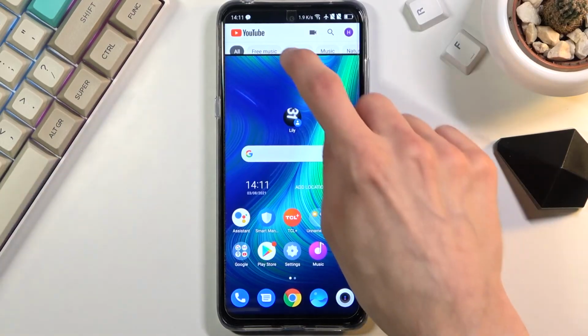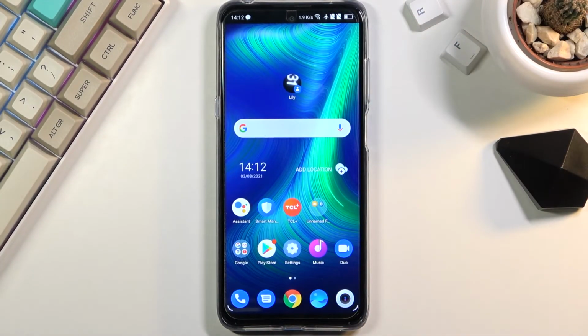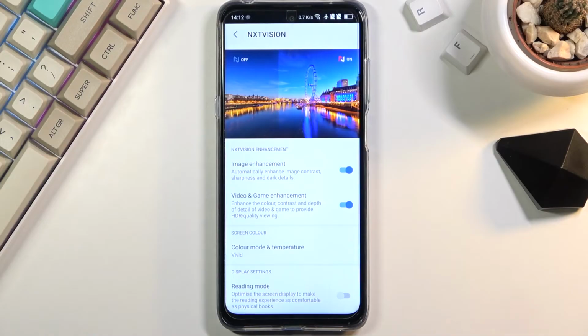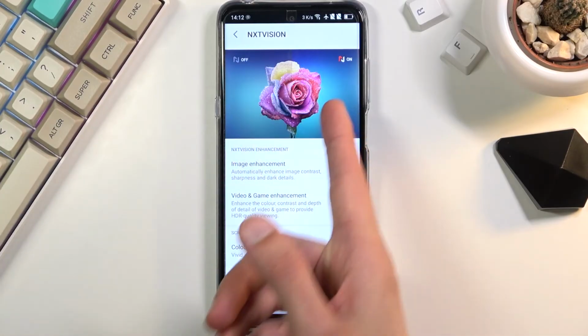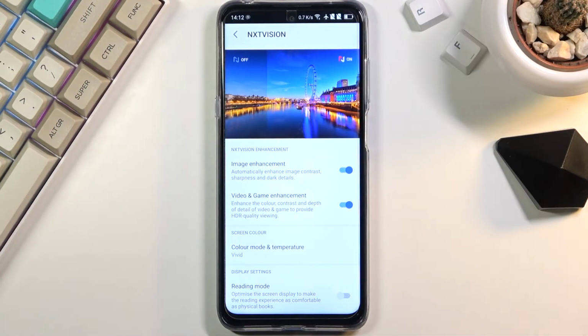Now moving on to the next option, it's going to be the Next Vision. Now this is the TCL's like screen or content improving algorithm, I guess, however you want to call it. That's right here in the settings, and as you can see, you have this animation of difference how it affects the image. So here is with it off and here is with it on. And basically what it does is brings out the brightness a little bit, removes shadows a little bit more, so basically contrast is adjusted,